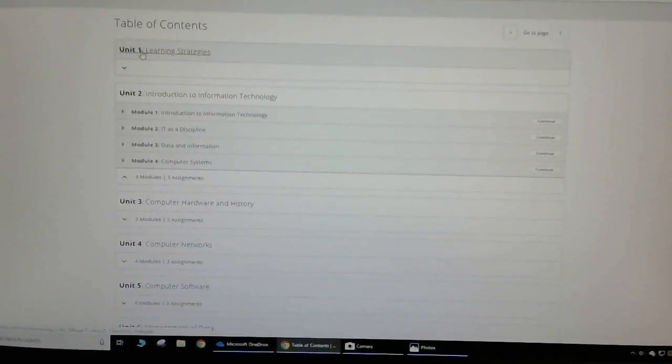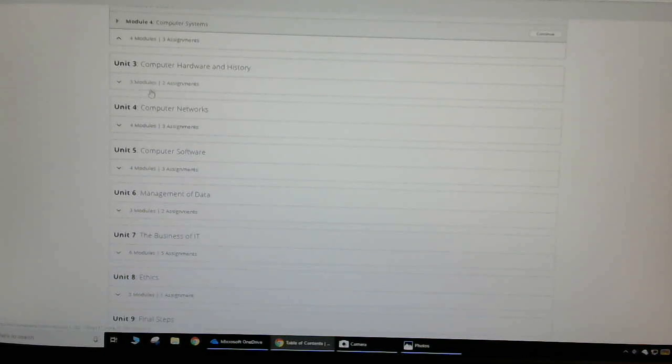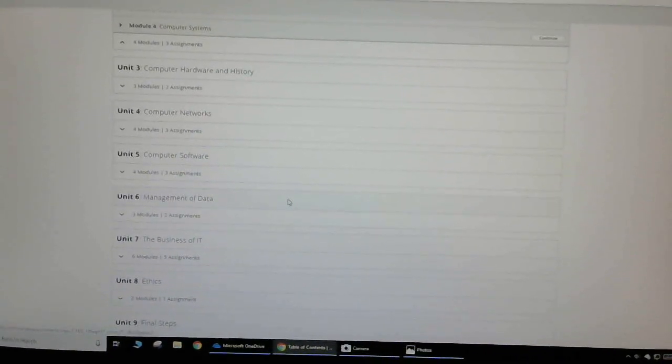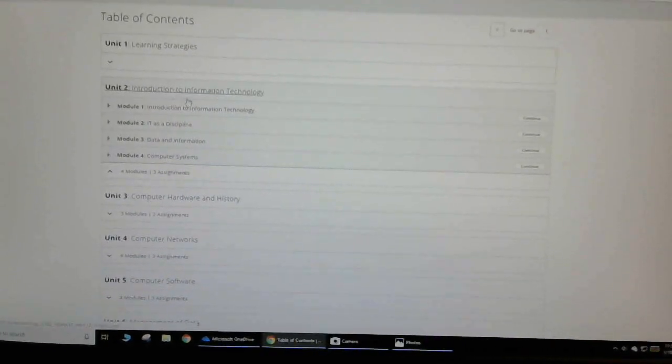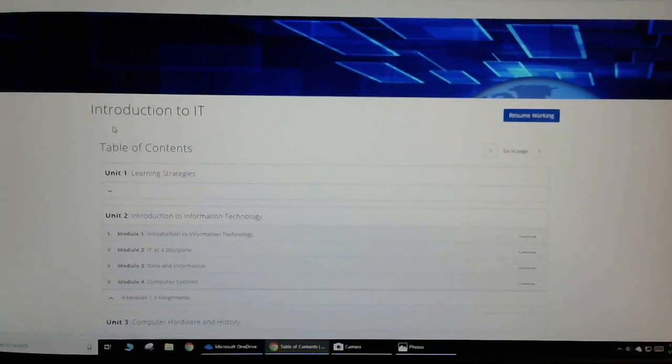Sort of divided into units, unit 1, unit 2, and each unit covers a specific field. So in Introduction to IT, we have computer networks, computer software, and in each one, if you click on it, it expands to different modules. And what I would expect, bringing it back to me,